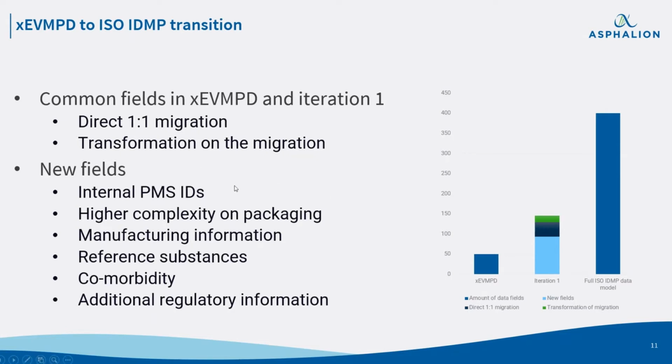Just to give you some examples, we will have all these internal IDs that we did not have before. So in preparation for the submission, we don't really need to consider those IDs, but just so you know, we will have to store them in the future once they are generated. One of the main impacts will be the packaging. We have a slide dedicated to this, but the complexity will be way higher because of the granularity and how the packaging is defined in objects.